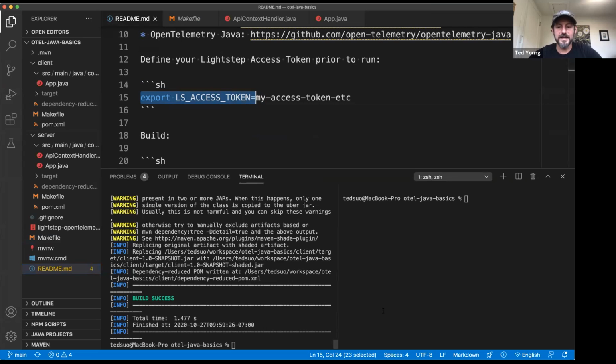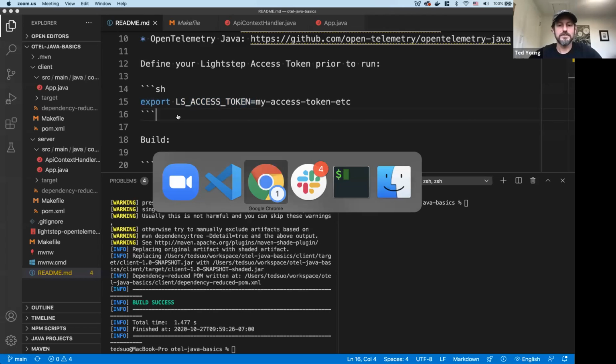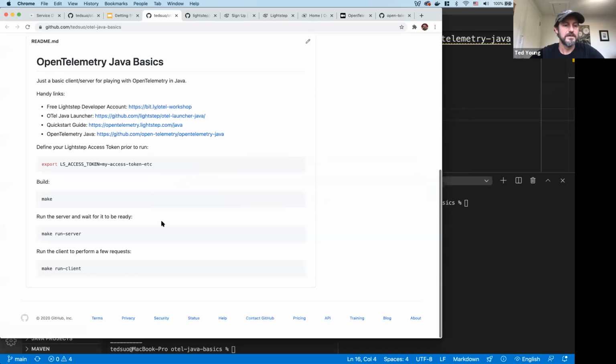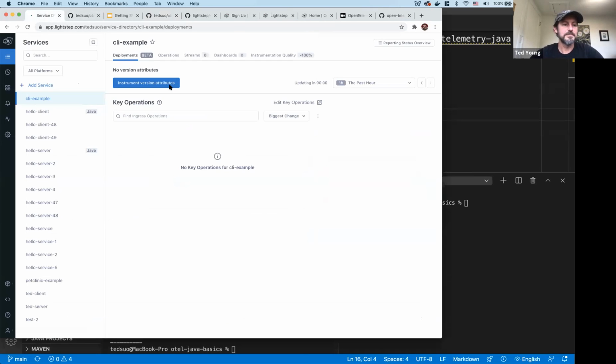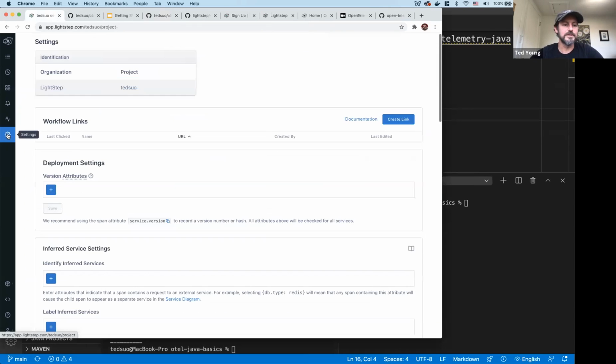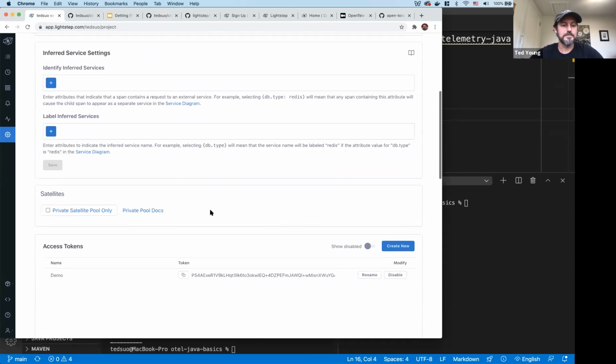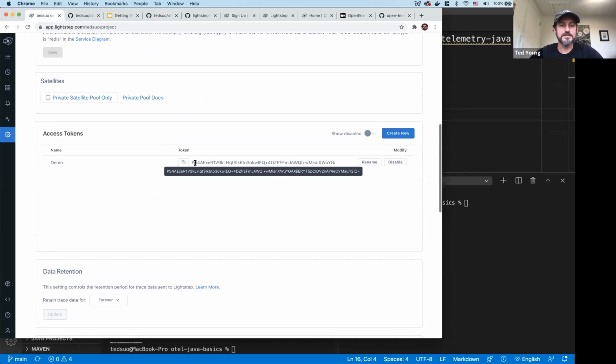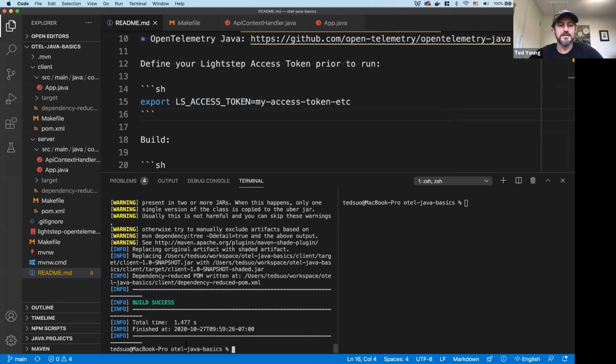The way to get that access token, here I'm just going to share my whole screen so I don't have to keep hopping back and forth. If you go to your Lightstep account, you'll see there's this little settings wheel over here in the corner. If you hop down to that, you'll see there's an access token, and you just want to grab that.